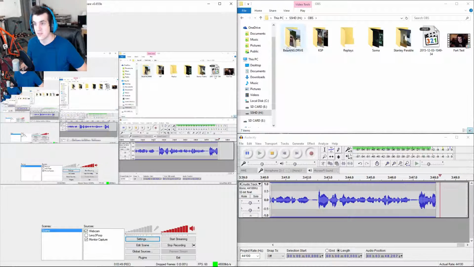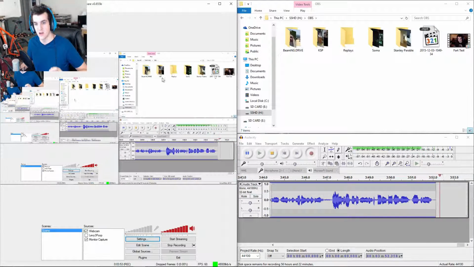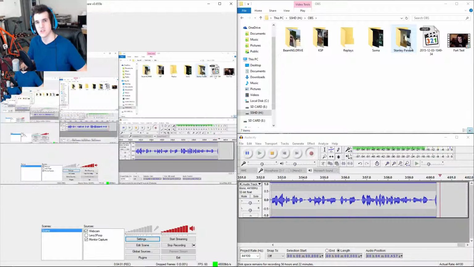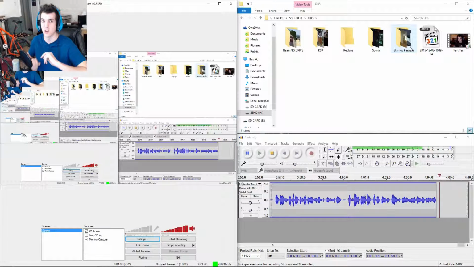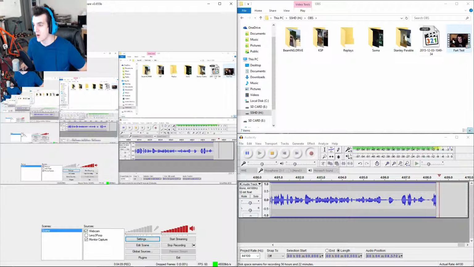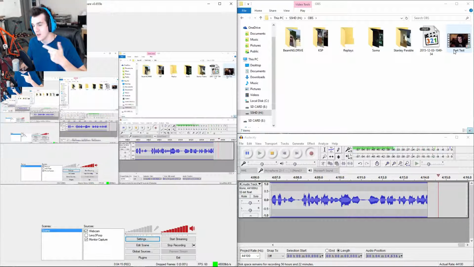And then I've also got this open right here. This is the folder that all of my videos from OBS get recorded to. I always have that open so I can make sure it's recording, because with Shadowplay I had a couple of times where I thought it was recording and then I went to look and it was a 20-second long video, and that pissed me off. So I do this to always make sure, so long as the image looks like this and not like